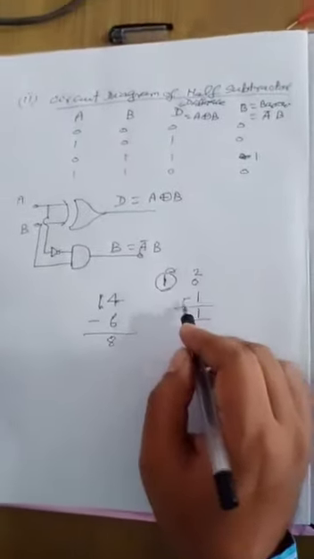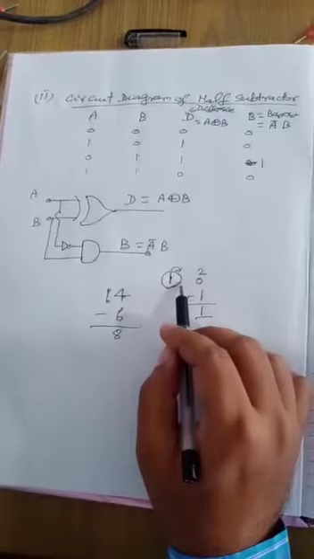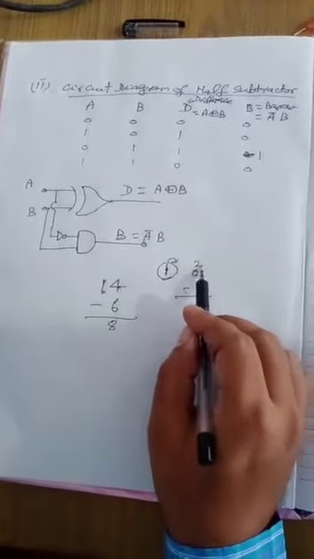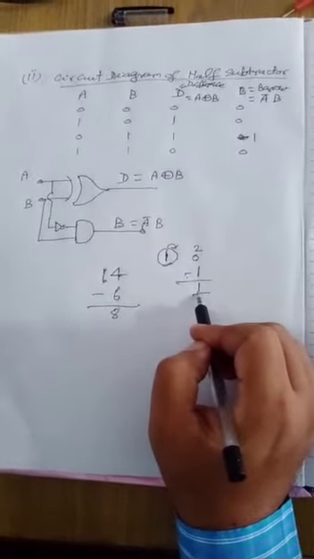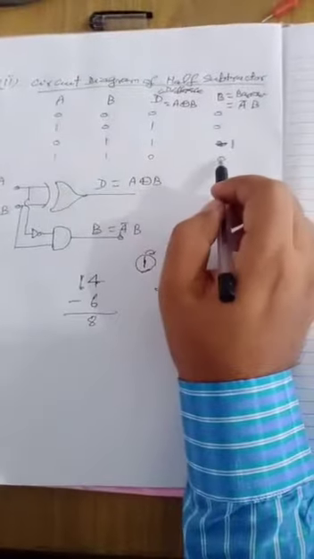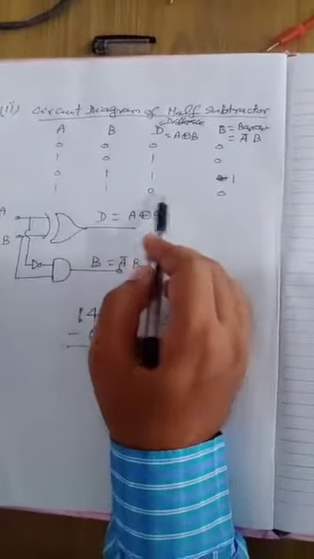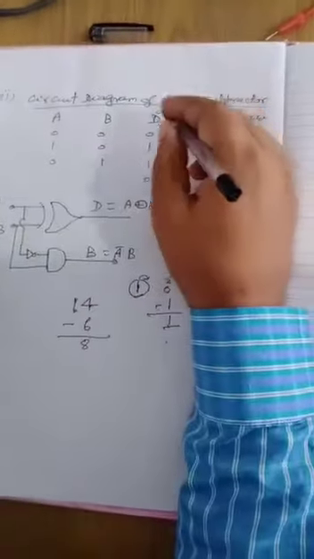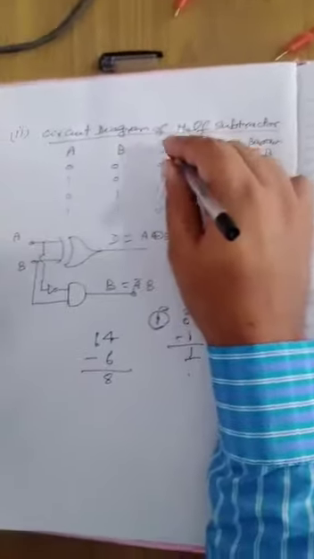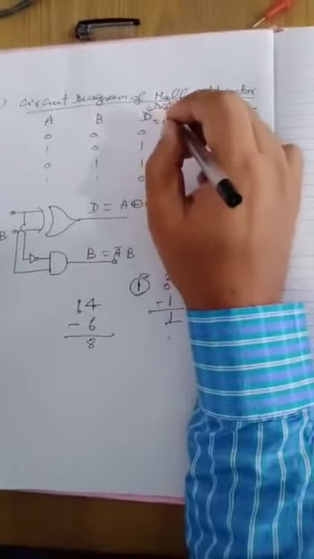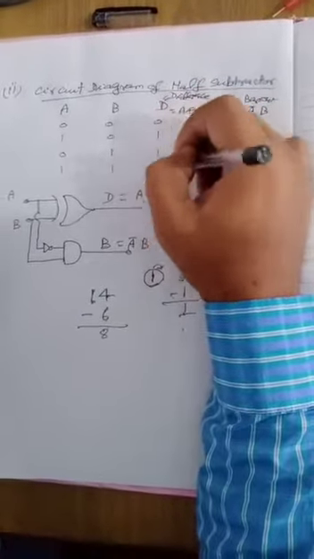So in the same way, in binary number system, base is 2. When we take 1 borrow from the previous stage, it becomes 2. Then 2 minus 1 is 1, that is difference is 1, and you have taken the 1 borrow. And 1 minus 1 is 0, it is clear, difference is 0 and borrow is 0. So if you thoroughly watch this truth table, this is the same truth table as the sum of the half adder. This means in designing the half subtractor, you have to design the half adder.